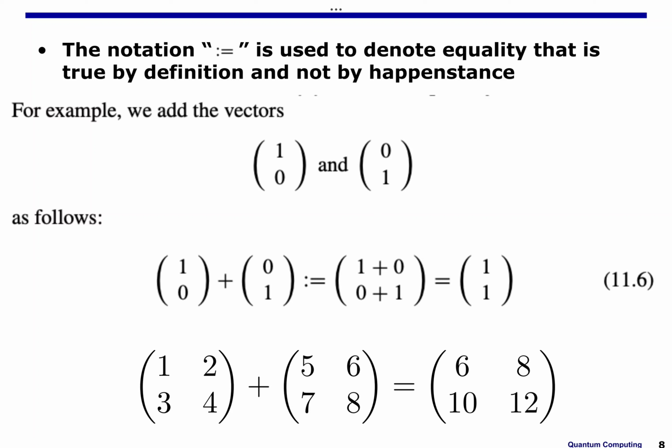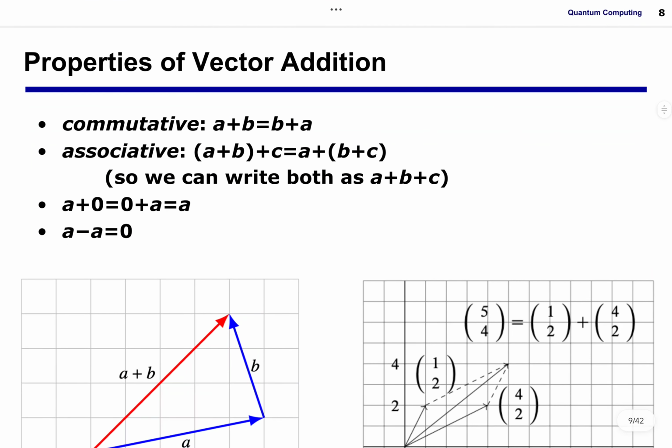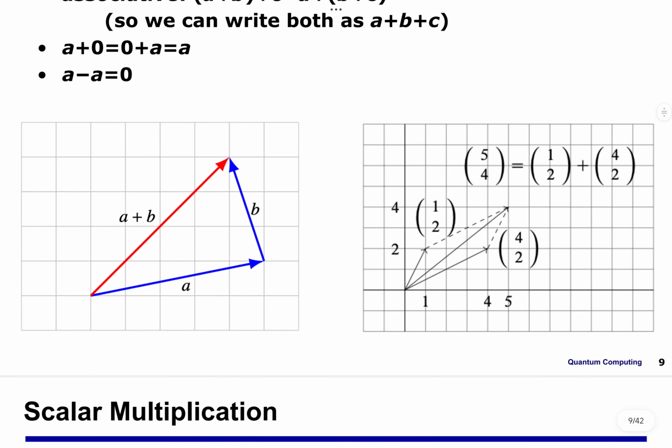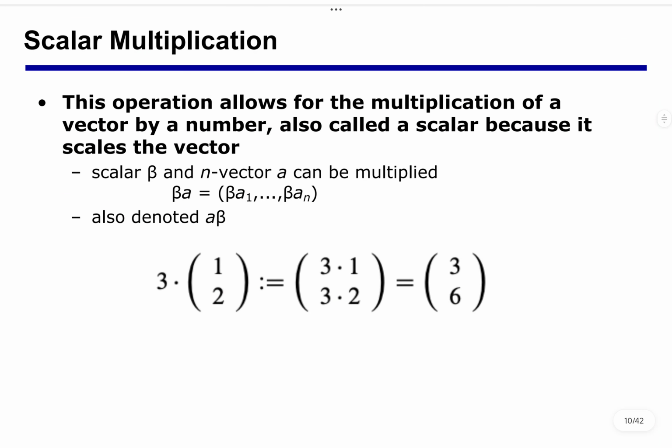That is true by definition and not by happenstance. I mean that it denotes an equality that is true by definition, not by happenstance. And that's how we get the geometric understanding, that we have some laws and some